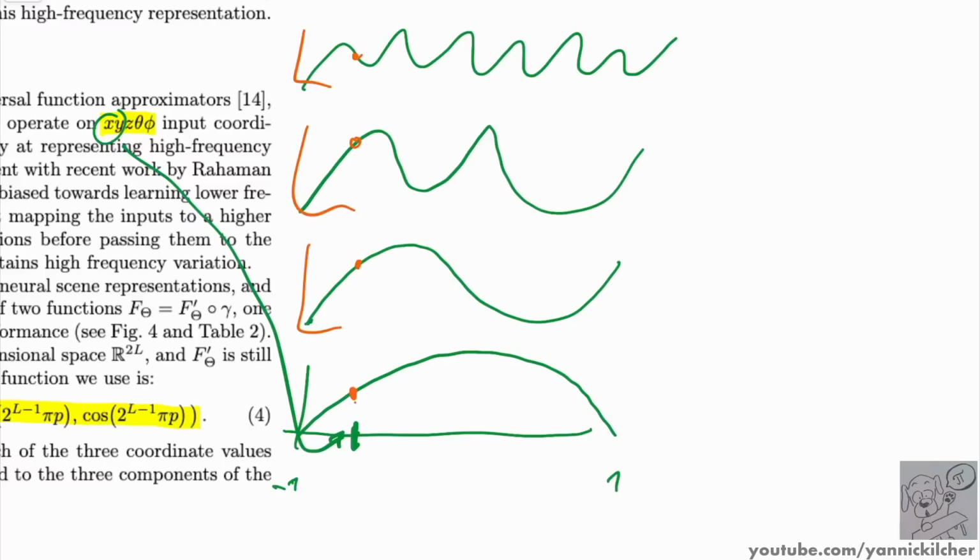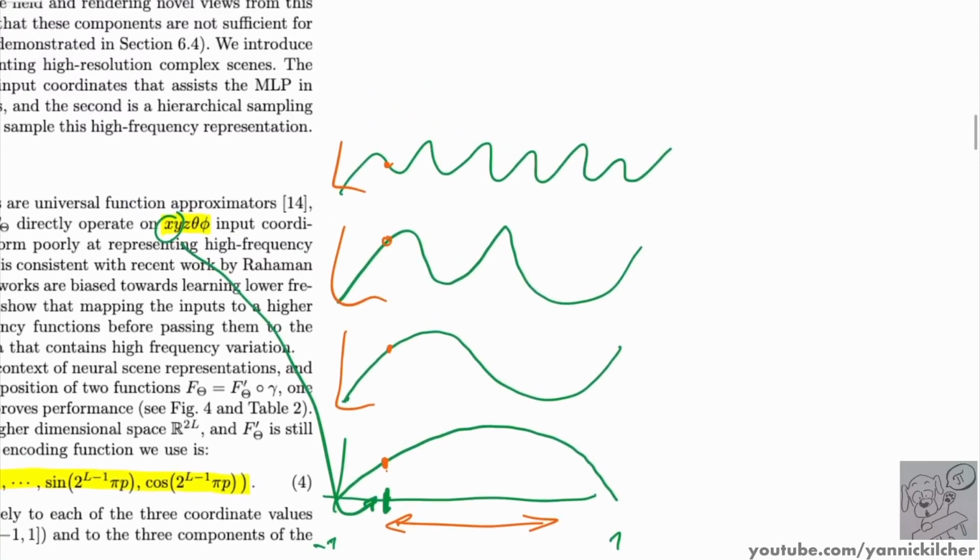So what this does is you can still clearly identify every point here. In fact, you can identify every single point in your input space by looking at the combination of where it is in these sine waves,